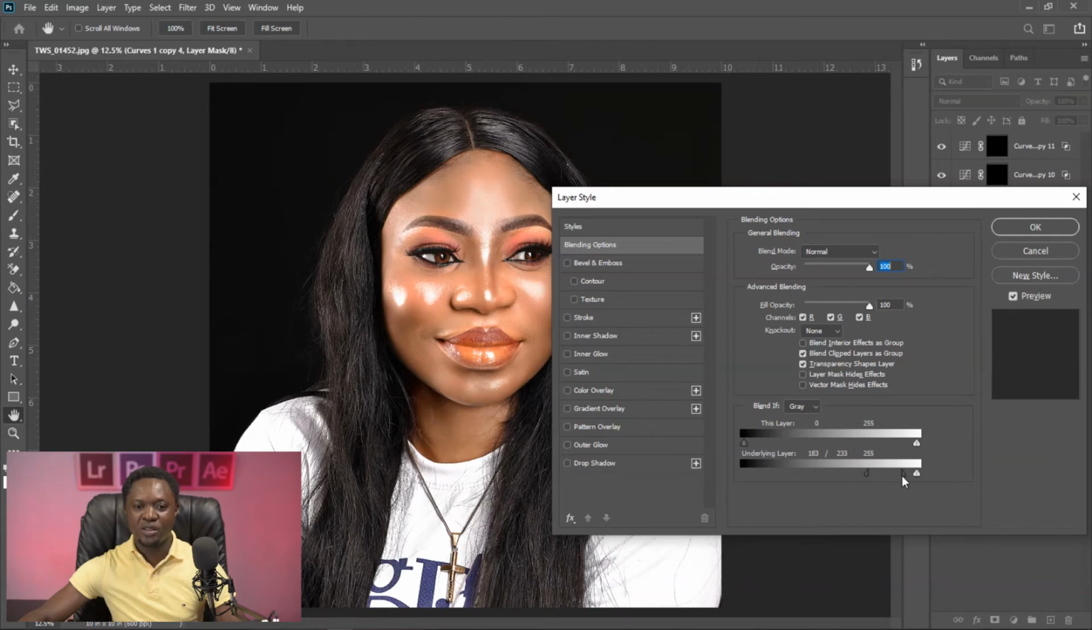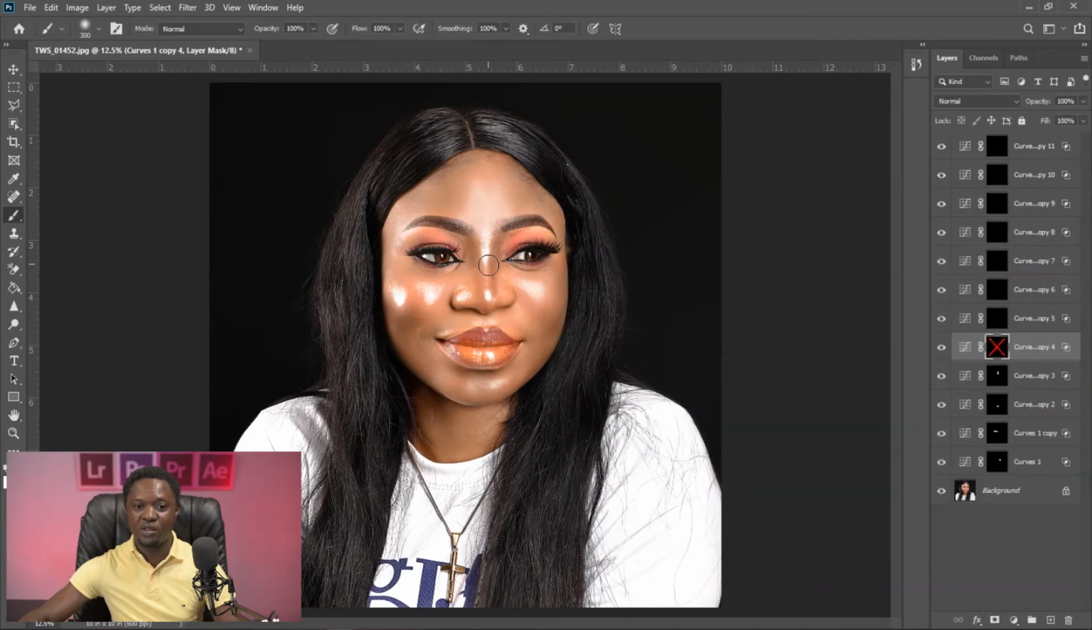So like this, you can see we can only be painting the forehead, not allowing the nose anymore. Then we enable by holding your shift and clicking the layer mask, then paint the forehead. So have it like this. Then the next one is